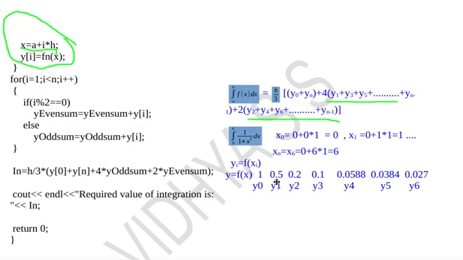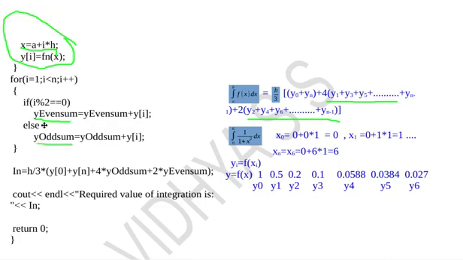If the index is even, then it will be added to the y even sum. And if the index value is odd, that value will be added to the y odd sum. That is what I am calculating here, the y even sum and the y odd sum.